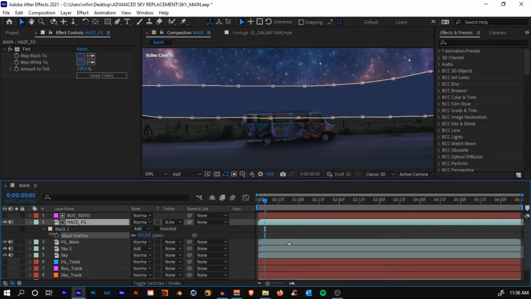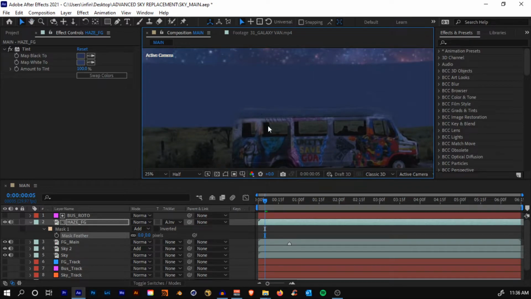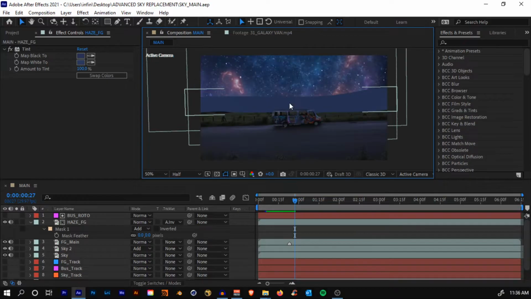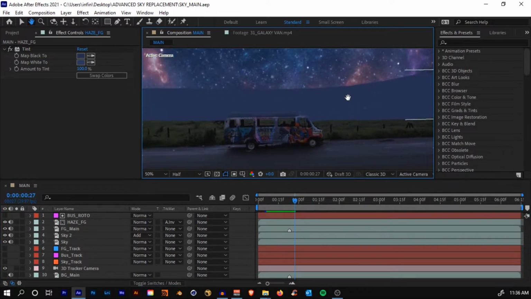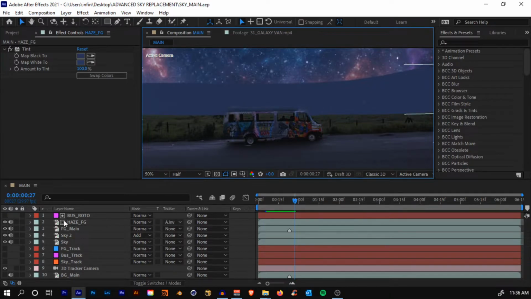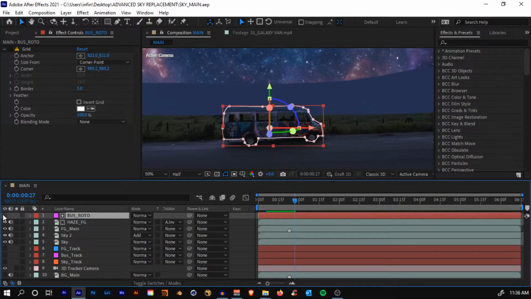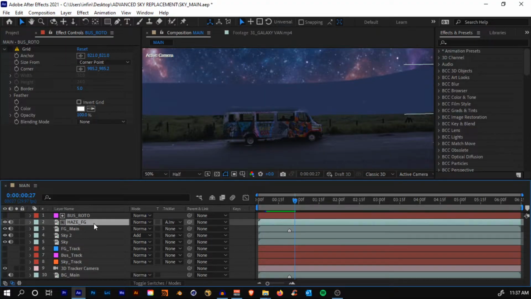You'll see that here we are excluding the part by changing it to alpha inverted matte and drawing a mask. We are excluding the part from the bus, so the bus will not be affected by this layer. Okay, and see that you have done it correctly. So what I've done is, the bus roto layer is there, and see that the layer is hidden. It will automatically get hidden when you have changed it to alpha inverted matte.